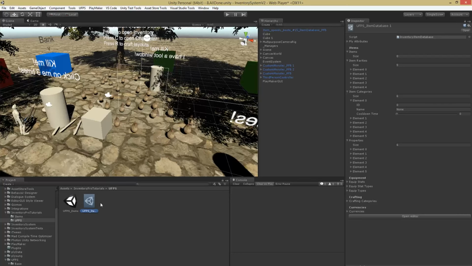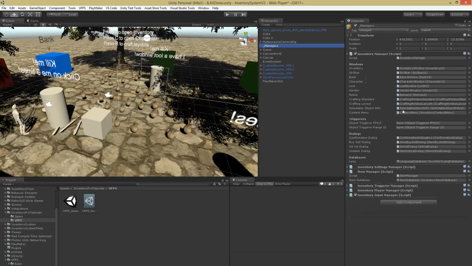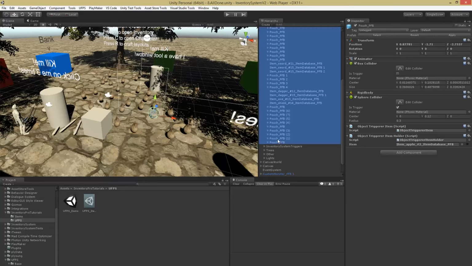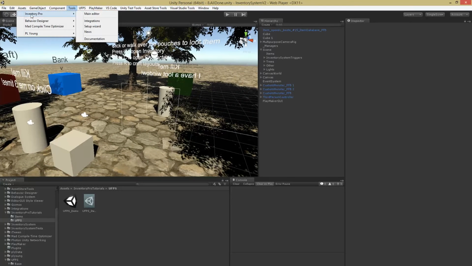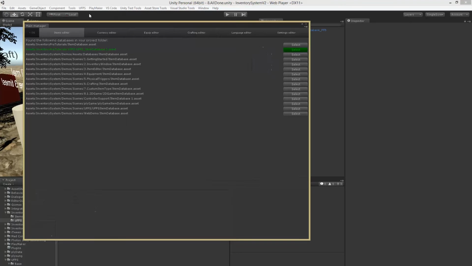And we of course have to relink it to our managers object. So we currently have the old database set, so we'll just drag in the new one so we can use that one. And I'll also quickly get rid of the items that were already in the scene so we can have a fresh start. Alright, so if we go to Tools, Inventory Pro, Main Editor, we'll now have the new